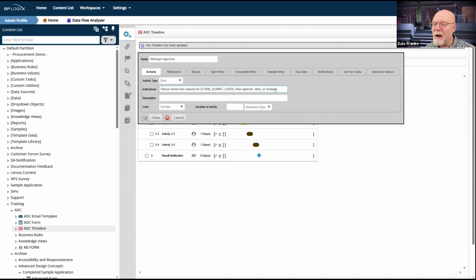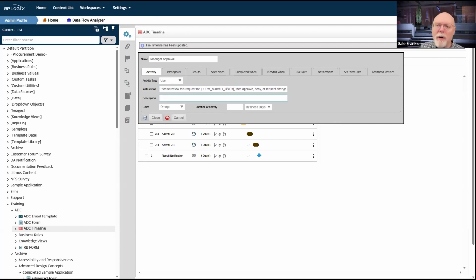Let's just put it that way. So this will tell me who it's coming from. Form submit user, I believe, is the correct version of that system variable. And it'll tell the user what to do. So I always need to put those instructions on there. Trying to reach the end here so I can put a period on that sentence.